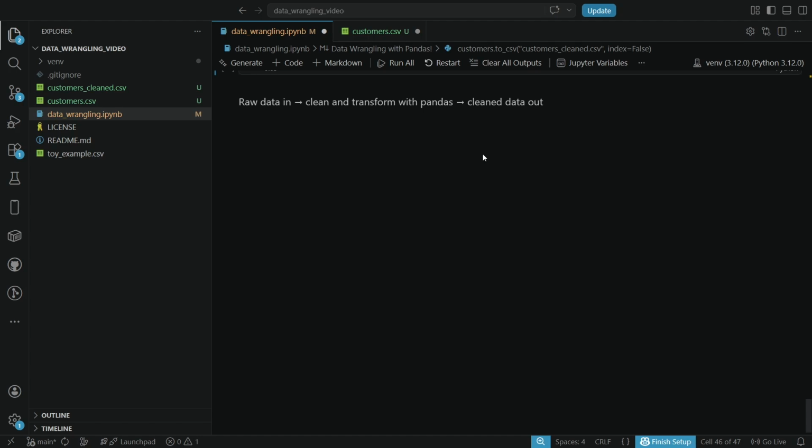In this video, we covered how data is commonly stored in CSV files, how Pandas loads that data into a data frame, and how to perform common wrangling tasks like checking missing values, filtering rows, creating new columns, grouping data, and exporting cleaned results. Once you understand these fundamental basics, you can start working with much larger datasets and more